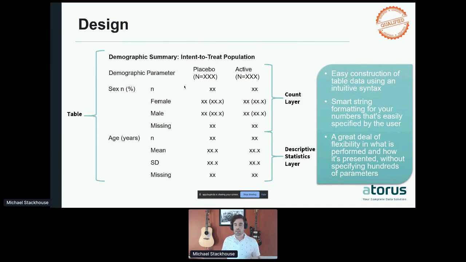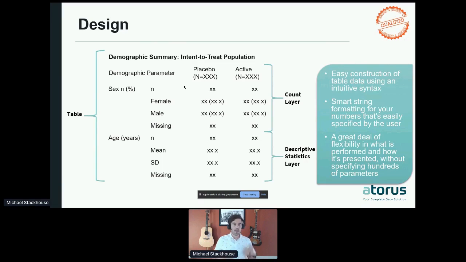But as we continue to migrate towards open source languages like R, a lot of companies are left to start building up this foundation for themselves from scratch. So we wanted to put Tplyr out there as a package that can really help you accelerate this and start implementing your own company templates to pop out your safety tables and get back to that point where this is virtually free,